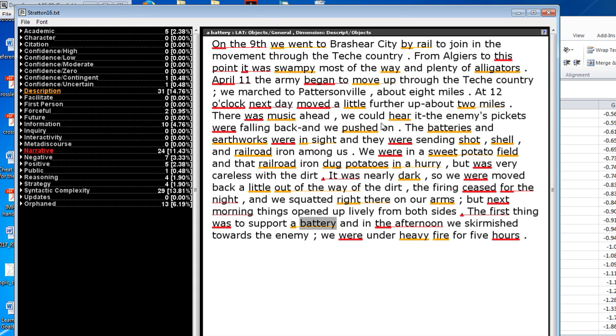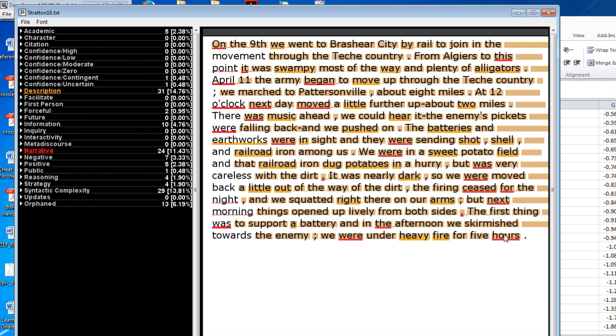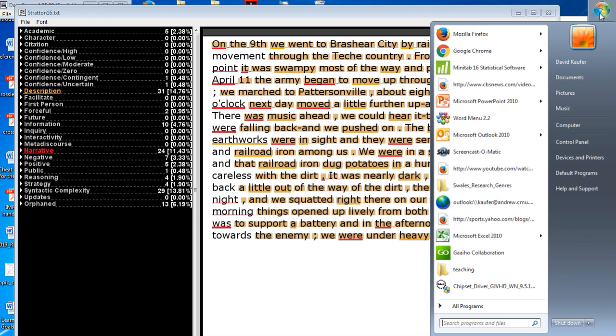And I should say one other thing. I forgot, if you want to, and you should be able to extract the text, you click on the first letter, on the first word, and then you go to where you want to finish the selection. Here it's so short we can do the whole thing, and then you do a shift click. And the whole thing gets selected. So you click on the left part of the selection and then do a shift click to the right. And now, if you go to your Word file,